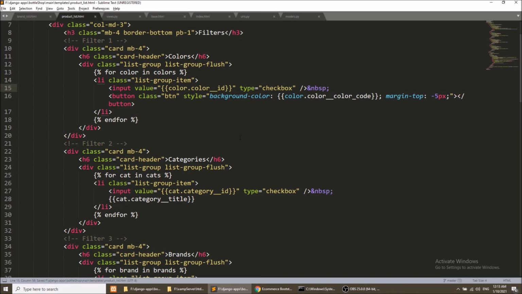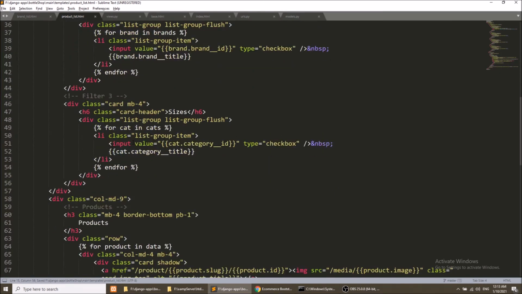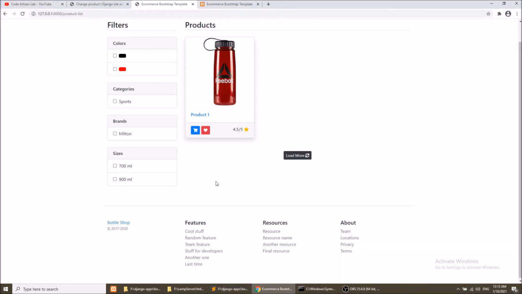Okay, and now let's go to the sizes. So I will add size, and this will be sizes, size dot size title. Okay, and here we will have size, and this will be size id. Now refresh this page. So we have sizes 700 ml and 900 ml.